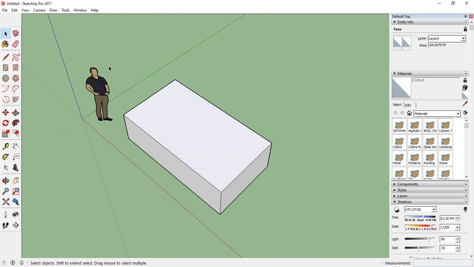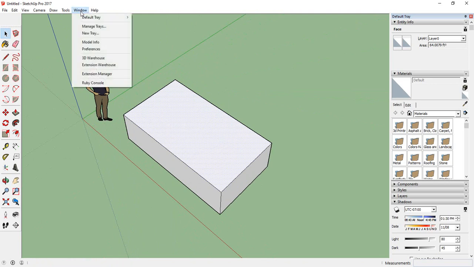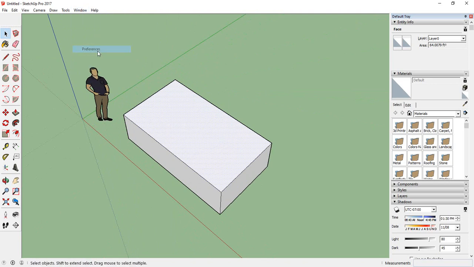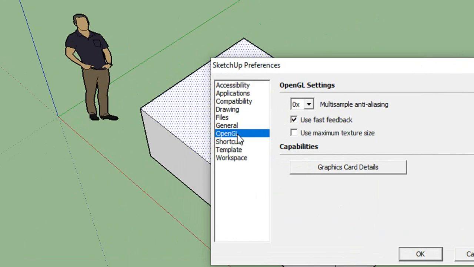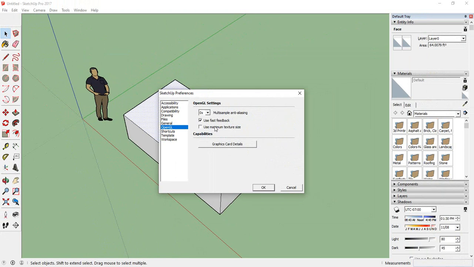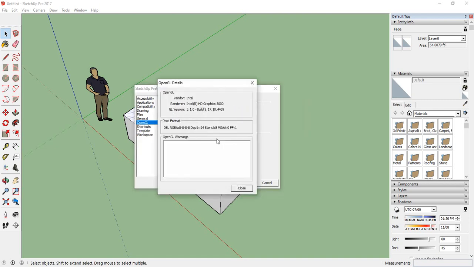There is another setting. Just go to Window and go to Preferences, and from here click OpenGL. In that OpenGL option, you will get a Hardware Acceleration option. Just remove that option, simply remove it, and I hope your